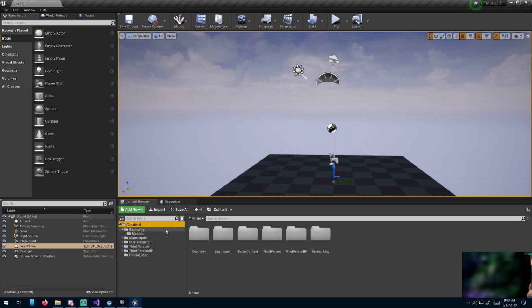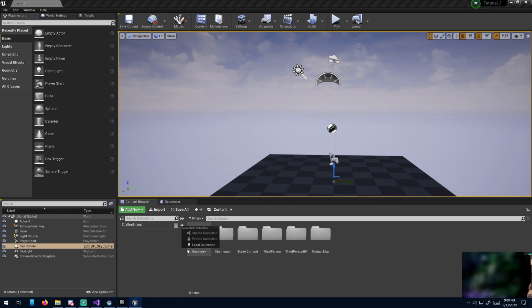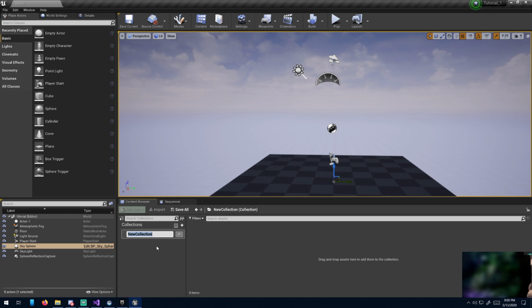Okay, so this is the paths view. This here is the collections view. At first I didn't get it, but once you click the plus sign, local collection, sure. Think of it as a favorites folder